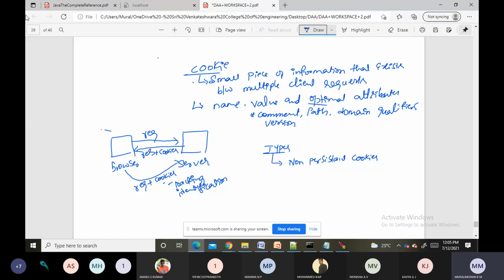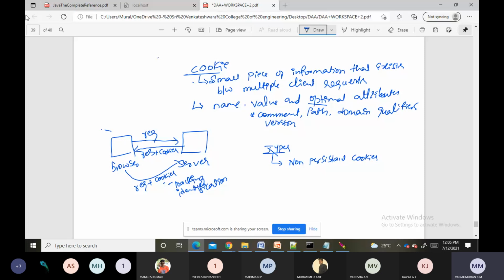Whenever we make a request from the browser to the server, we will be communicating multiple times, that is, making multiple requests.